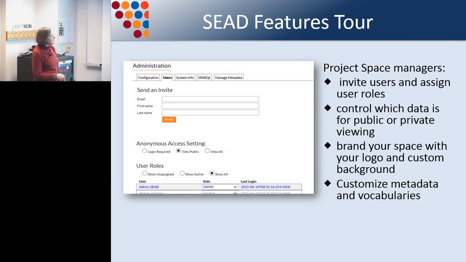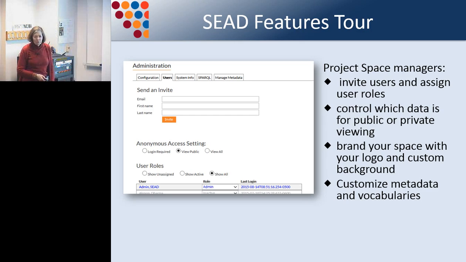I'll just walk through a quick feature tour. So you can very easily get a project space, and if anybody wants to get a project space and play around, we also have a demo space. Just go to our website, which I will put up prominently at the end. And I also have some literature about our different services. So a project space manager or owner can invite people to join the project space. They can assign roles, so who can look at data, who can edit data, who can add data, who can download data. Those can be controlled to the norms and requirements of the project.